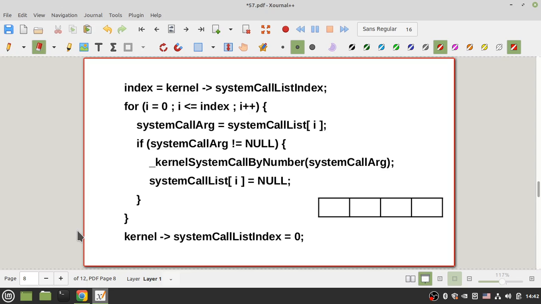Consider this example. Assume you have two arguments in the system call list. You have two system call requests in this list, and assume index is 1. Index equal to 1. First, this function reads index equal to 1, and after that it wants to serve these system calls in this for loop. But assume after reading the index you have an